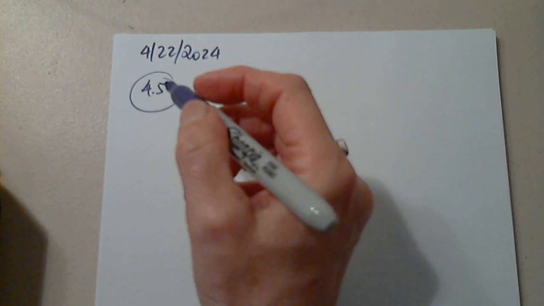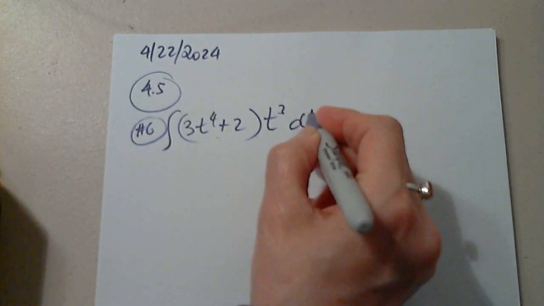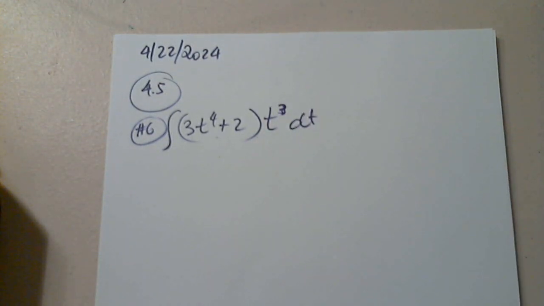That is the integral from... So this is number 6. The integral from, is this the 3t to the 4th plus 2 times t cubed dt? Yeah, that's it. Perfect. So can anyone give us an idea which substitution we should work on, or anybody suggest